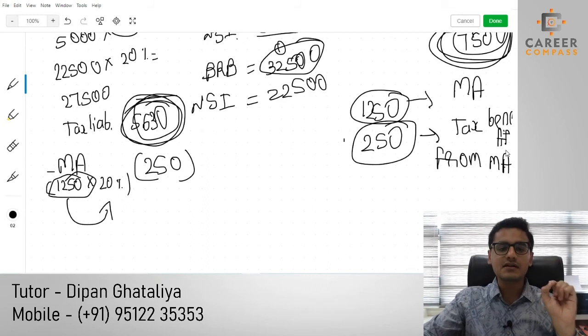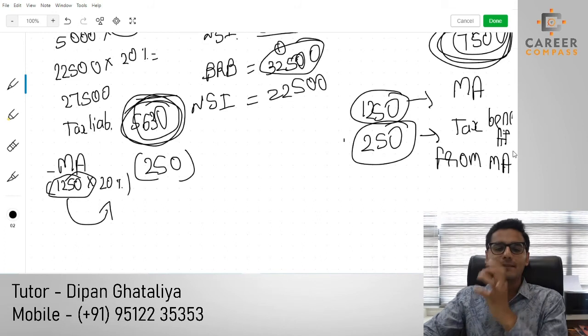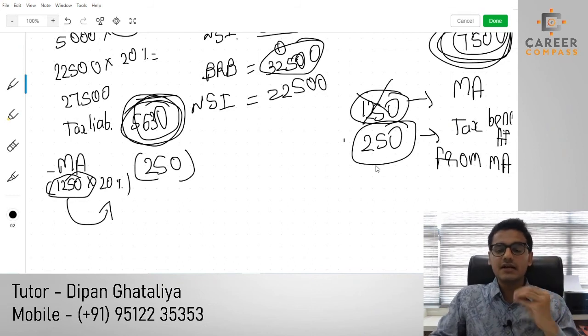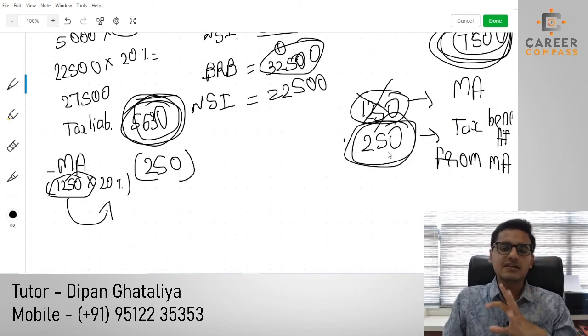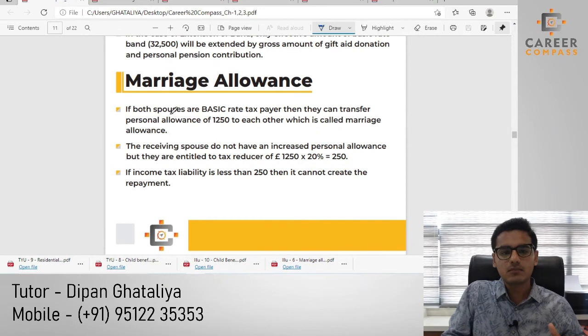You can deduct marriage allowance directly from your tax liability only. And when you deduct the marriage allowance from your tax liability, you cannot deduct 1250. You can only deduct the tax benefit amount. Okay. So I hope you got the idea. These are the notes, students. Yes, here you can say both the spouses are